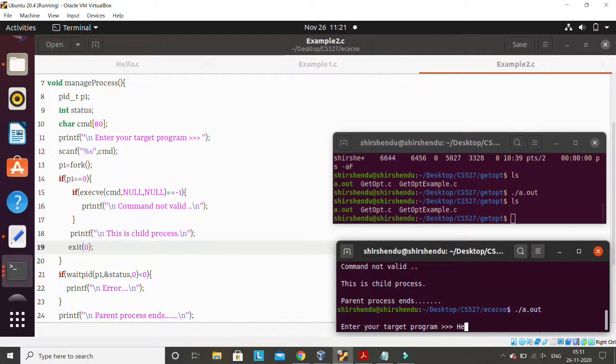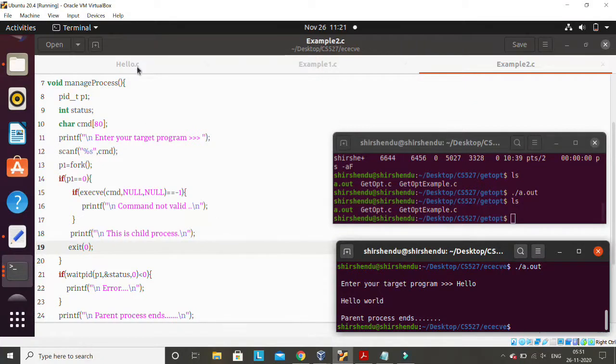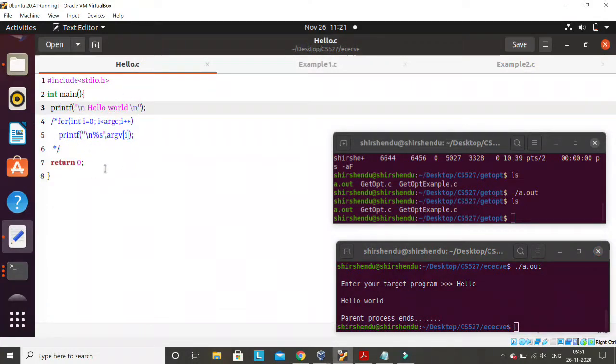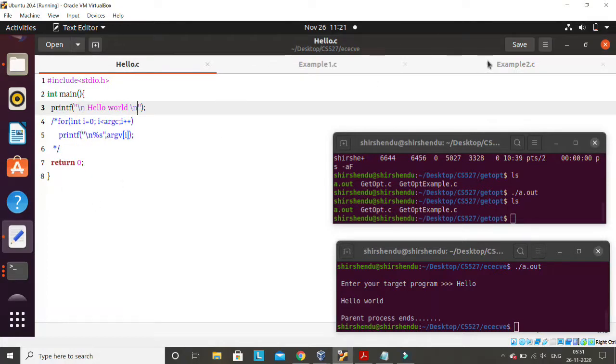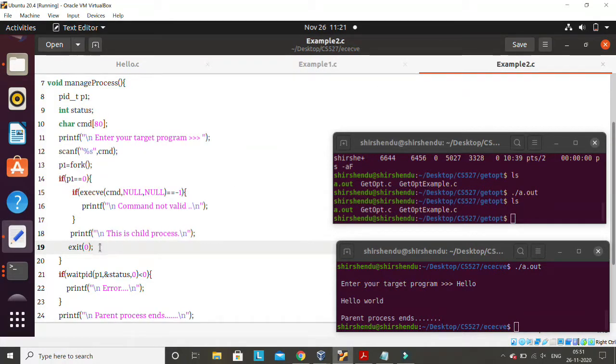If we give hello, then we have an executable file called hello, right? So the moment you press enter now, hello is a different executable, the object file of this program file. It will execute this particular program, and after executing it, when it returns, it will not return here. After executing this, you can see that if hello is loaded by line number 15, then after completing the program, in example2.c it is not printing line number 18. This is important to observe.